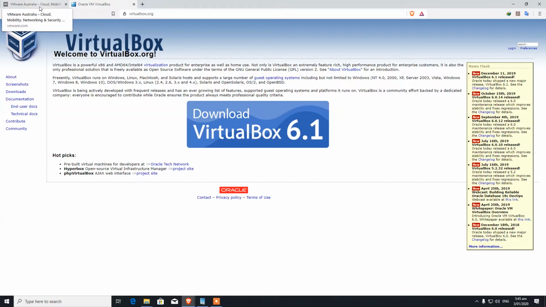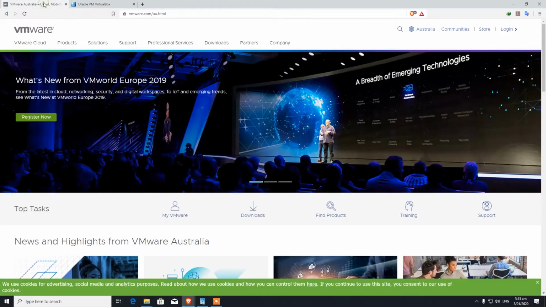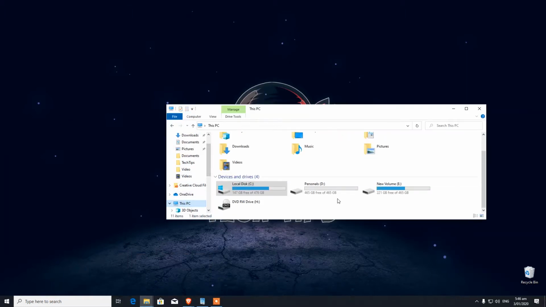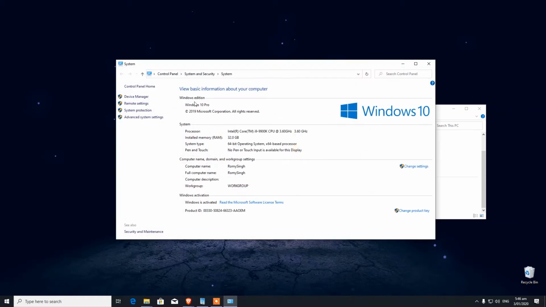As you all know, Hyper-V is provided by Microsoft, so it comes free with your Windows 10 Pro. So you have to make sure that you have Windows 10 Pro installed on your system. The easiest way to check is to follow these on-screen instructions. Click on This PC and click on Properties, and as you can see, I have Windows 10 Pro